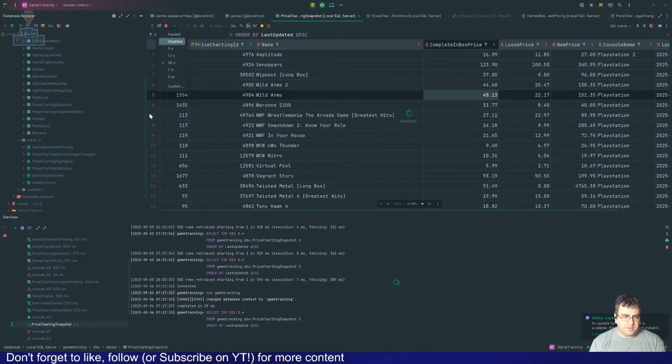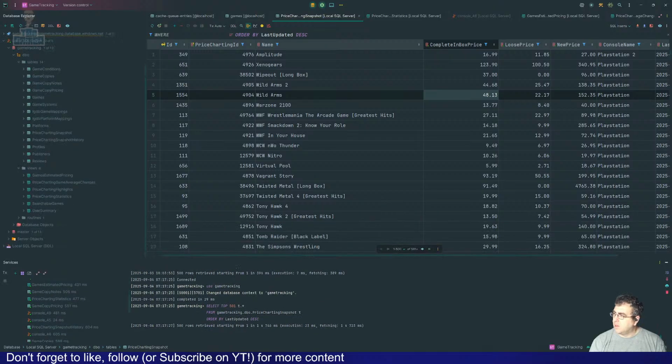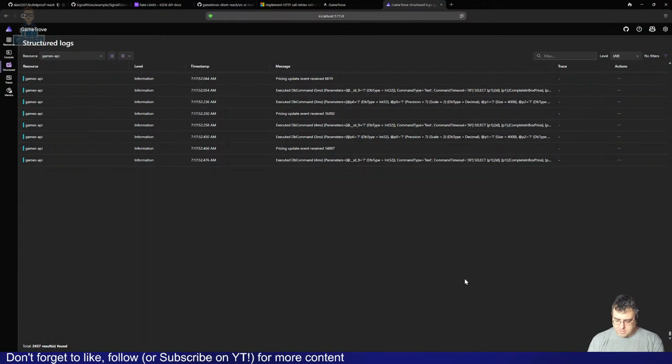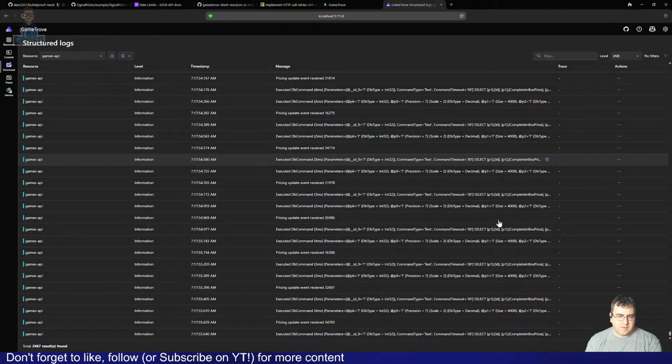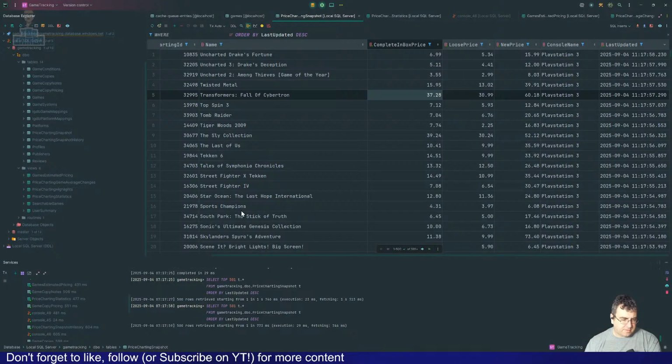But we should start to see. Oh, wow. My computer's chugging. How's the stream doing? There you go. So the pricing updates are going through. Is that the mouse or is that the actuals? Okay. So the key fact here is that I'm getting these update event received. So I'm actually doing the update data. That's what I wanted to see. So all this is going through.